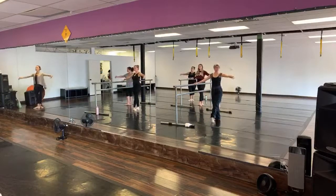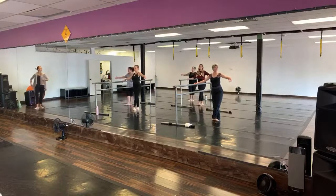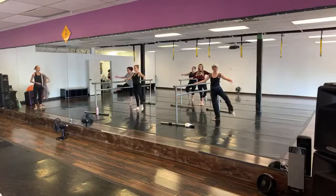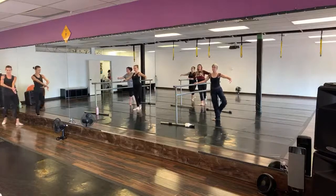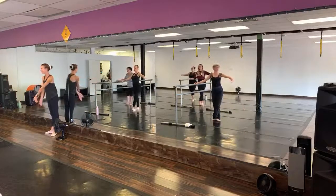7 arm, stop, brush, tendu fit, out and fit, coupe pas de cheval, lower and fit, stop, brush, tendu fit, coupe and out and lower to the back, brush and fit, coupe, out, lower, good, last time side, brush and fit, coupe,